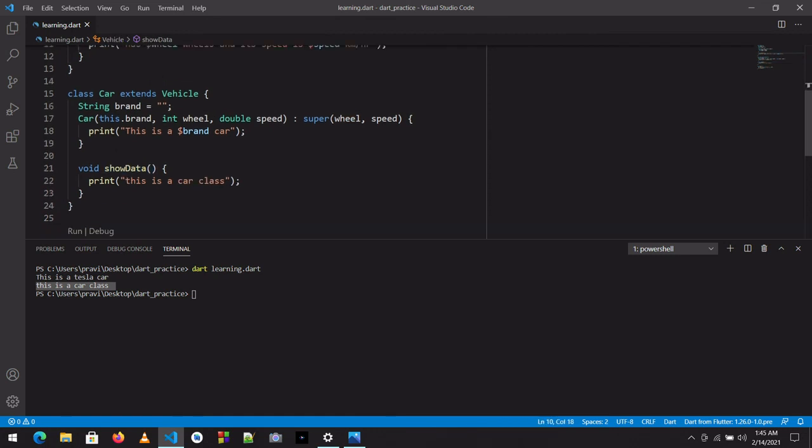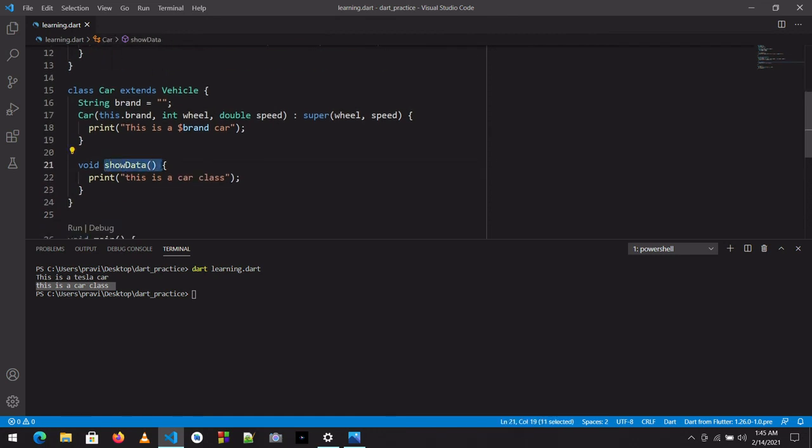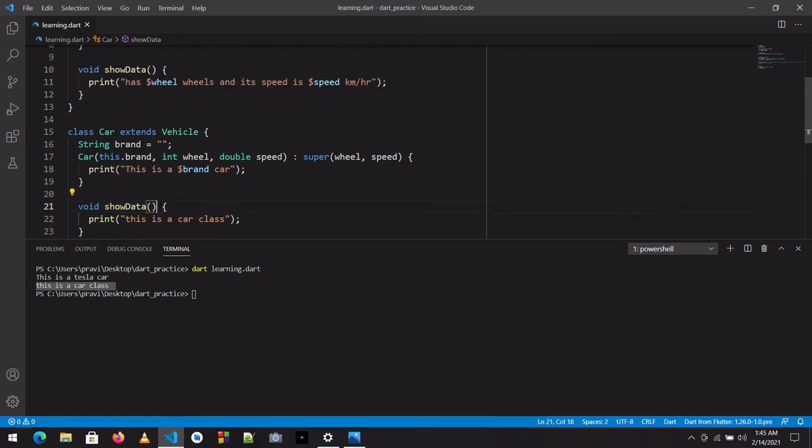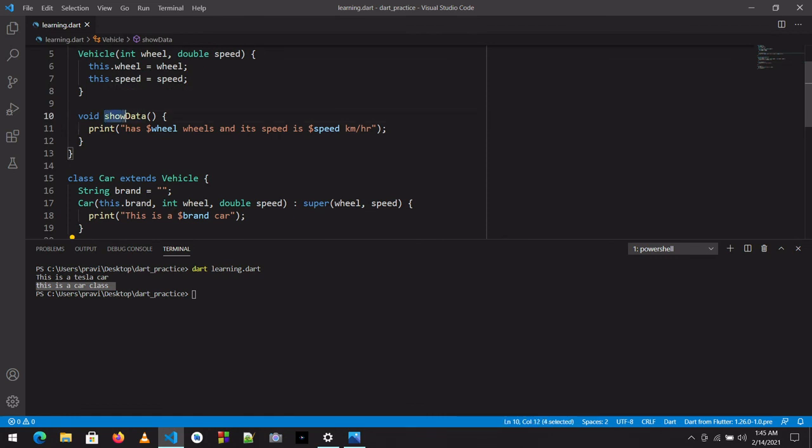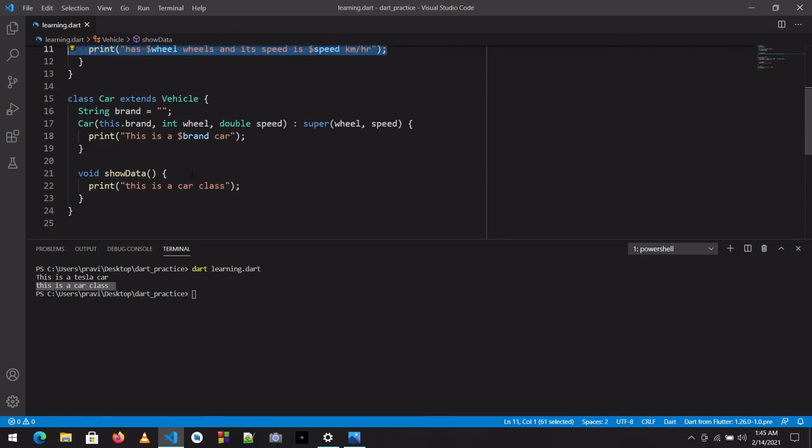That means it executed the subclass function because it was accessible by this car first. So what if I want this function's data too? I don't want to write the whole statement again in this function, and I just want to reuse that code. That's the reason we use override in these programming languages.